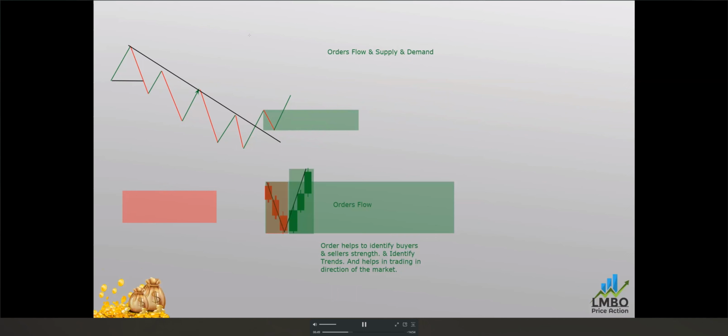So that helps to identify the trend. It helps us go with the patterns. Whatever way the trend is moving, we follow those patterns, and it gives us an identification of which trend is going on. Sometimes in the upper position you will find a seller's flow, and in the lower position there is a buyer's flow.